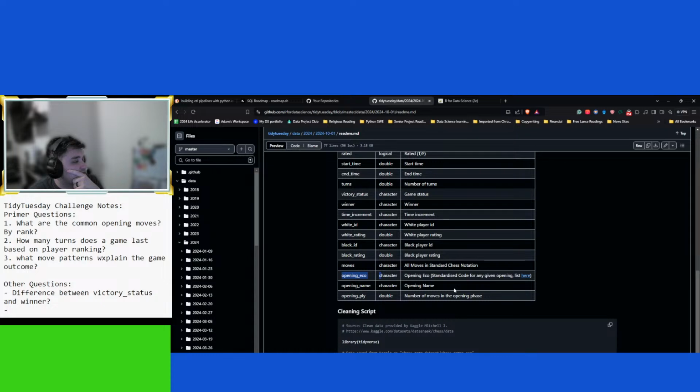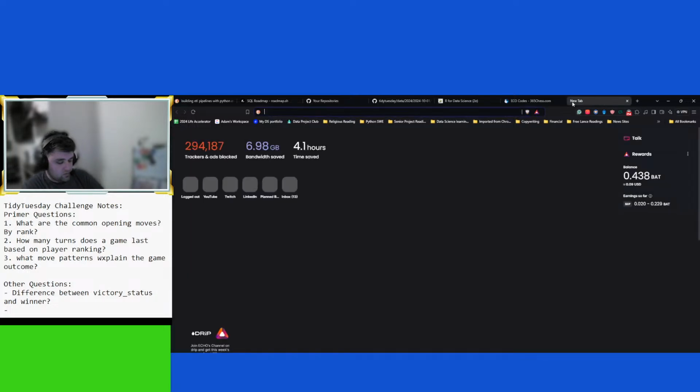Opening ECO, standardized codes for any given opening listed here. Okay. That's going to be good to know. Not super familiar with chess, but opening name and opening number of moves in the opening phase.